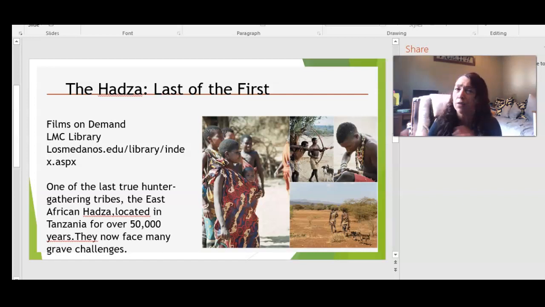And so now they have been faced with a lot of global encroachment. They are going through rapid culture change because of deforestation and desertification and encroachment. They've been pushed off. Their lands have dwindled. But it's a great documentary to look at all aspects of culture. They go through the economics, marriage, politics. They go through medical anthropology. They go through all of these different parts of the Hadza, and they look at how they're adapting within this sort of modernity that's being thrown on them. So it's a great documentary, and I put it in your module so you could go and see it.